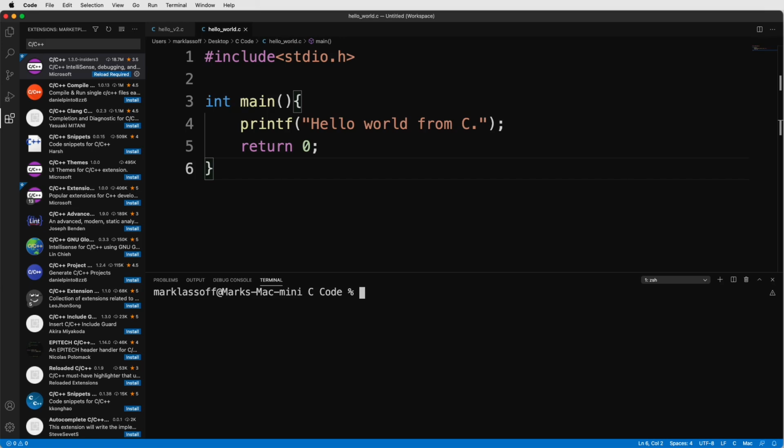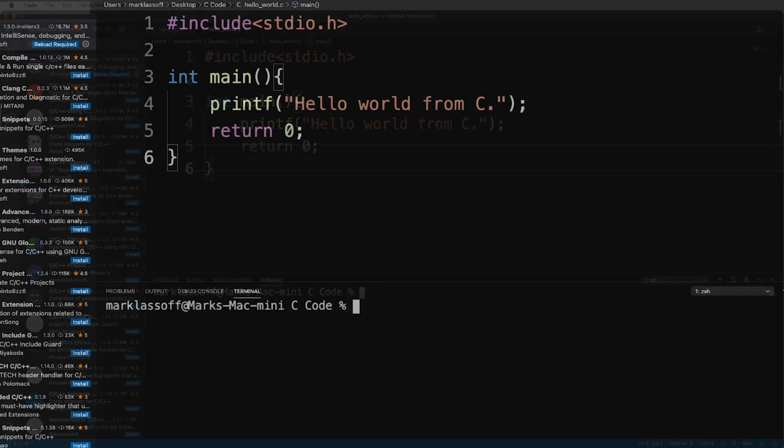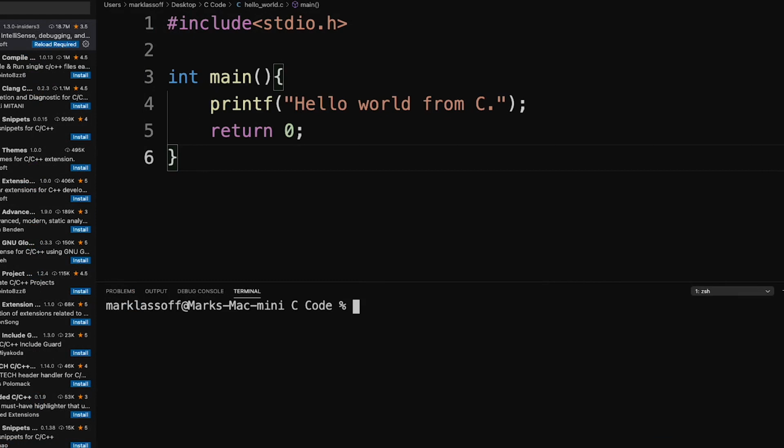Executing a C program is a two-part process. We're in the correct folder, so now we're going to compile the file into an actual executable. Right now it's a text file, and the C interpreter can't read a text file. We've got to compile it into machine language. So we'll do that with GCC. The file we want to compile is hello world.c, and we want to make an executable, which I'll call hello world.